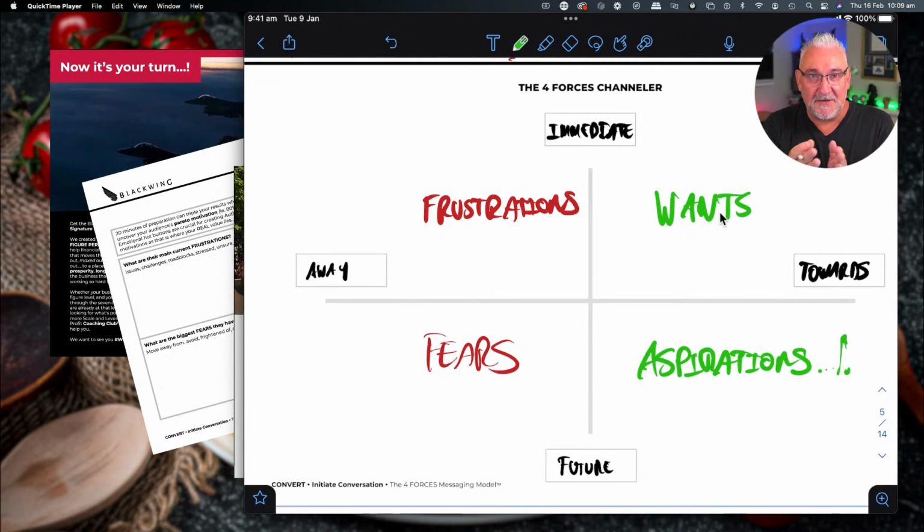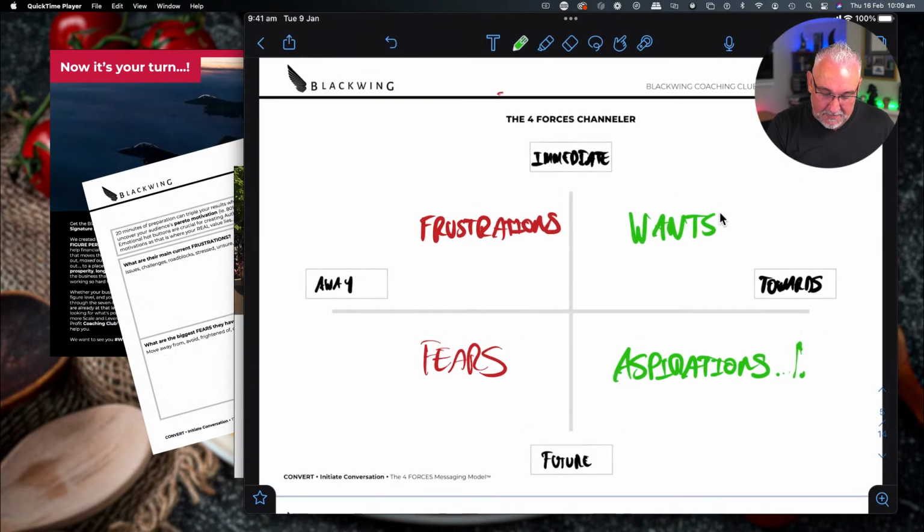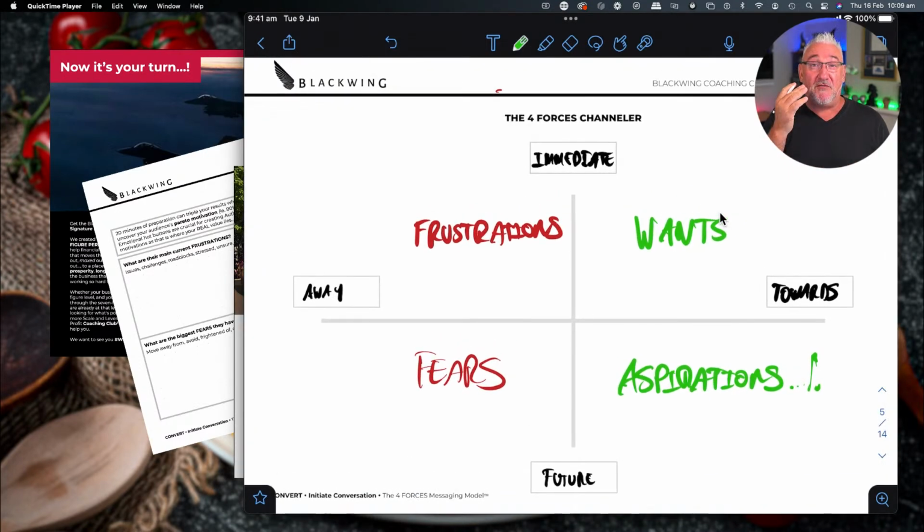Why am I talking about this? Well, the reason I'm talking about this is that if you can tap into or harness people's four forces, really understand the keys that are actually driving and motivating your clients through their dominant decision-making motivations. These are the four dominant decision-making motivations. I call it the four forces. And if you can really understand this,